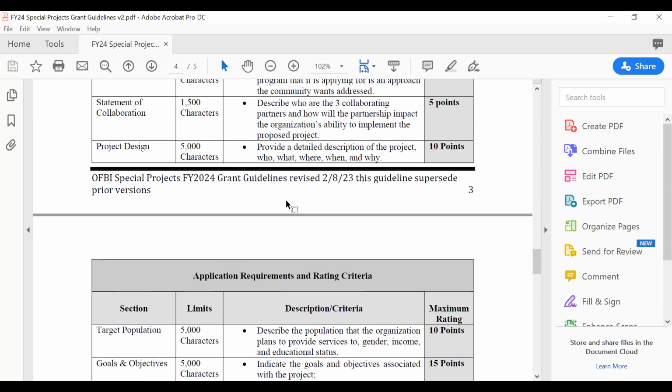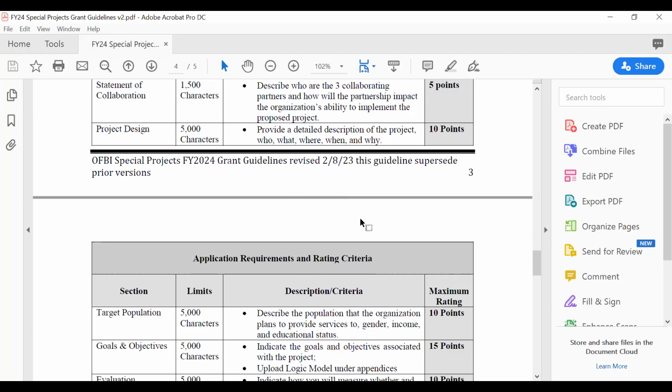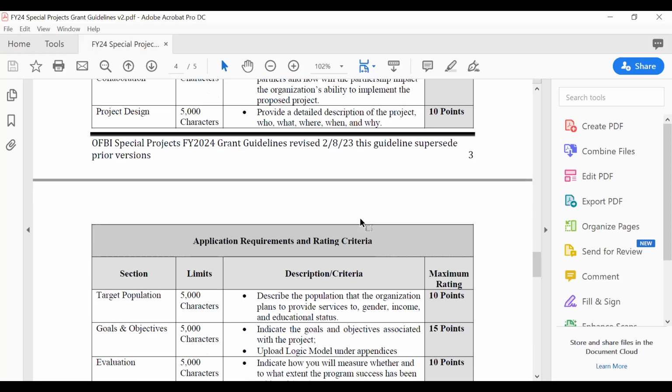A lot of people lost points on the project design because, I'm not going to say you didn't have the wherewithal, but I'm not sure if whoever wrote the grant really understood the model of your program. Because a lot of times it felt like they had no clue what the model was, and they were just copy and pasting from other grants, and sometimes it read disjointed. And so you may want to handle that a little better.